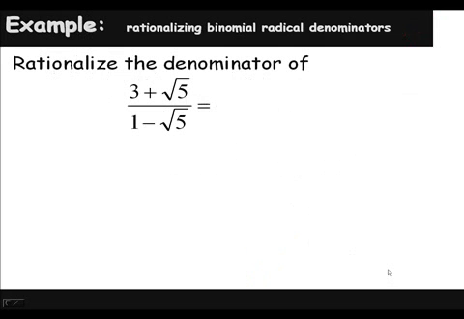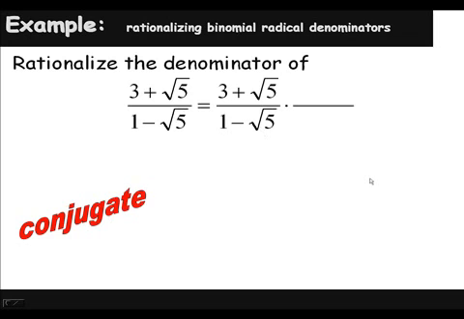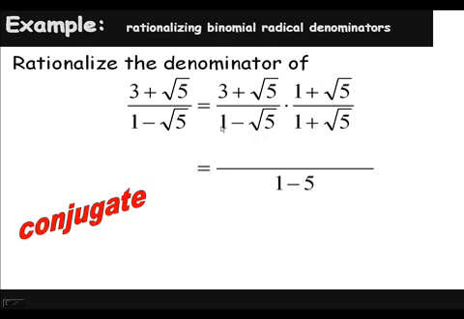Now we're going to actually rationalize binomial radicals here. So I want this radical out. And we just saw in the last 2 examples that if we multiply by conjugates, even though we're multiplying radicals, we don't have radicals when we get done. So let's multiply top and bottom of this fraction by the conjugate of the denominator, the 1 plus root 5. The denominator's easier. Let's do it first. It's just the first thing squared minus the second thing squared, 1 minus 5. The numerator, we have to go ahead and FOIL out or distribute out. We get this. Combining like terms and simplifying in the denominator, we get